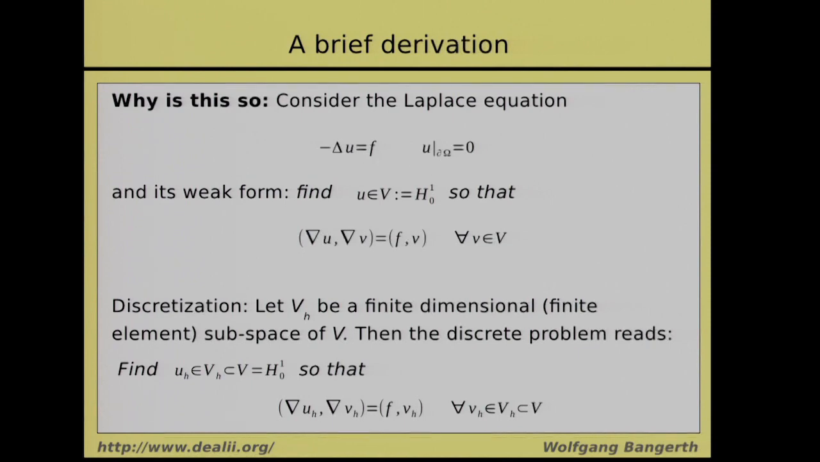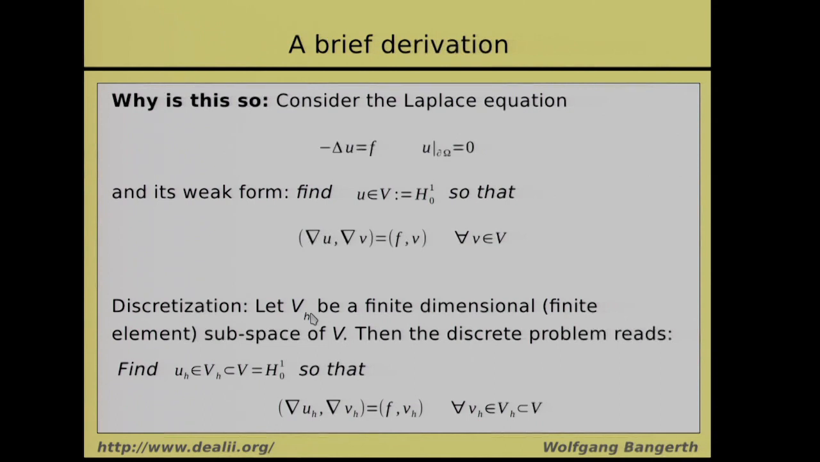The weak formulation of this is: find a u such that (gradient u, gradient v) equals (f, v). When I have these parentheses, I always mean the integral of grad u, grad v dx, right? So this is the continuous formulation, and then the discretization would be: choose a finite dimensional subspace VH,